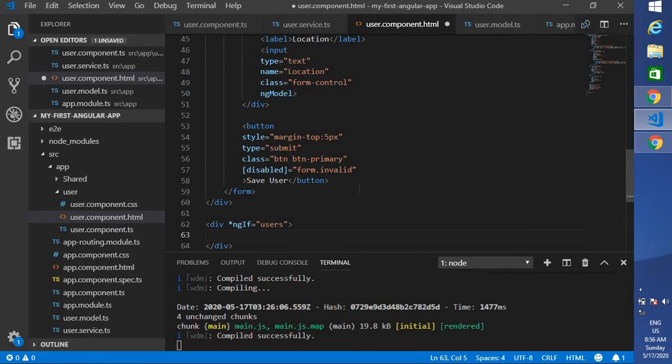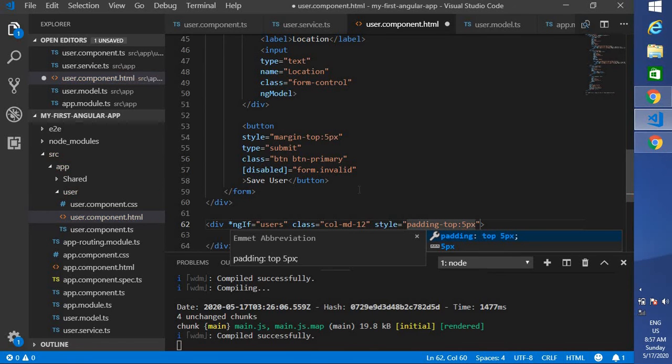Before that, let's apply a class called mt-2, a bootstrap class, and apply padding-top as well. Padding top, I'll just use 5.